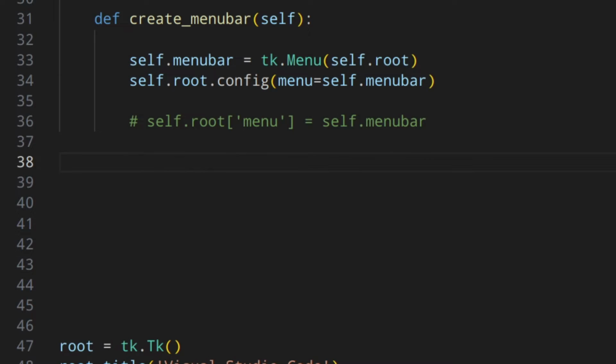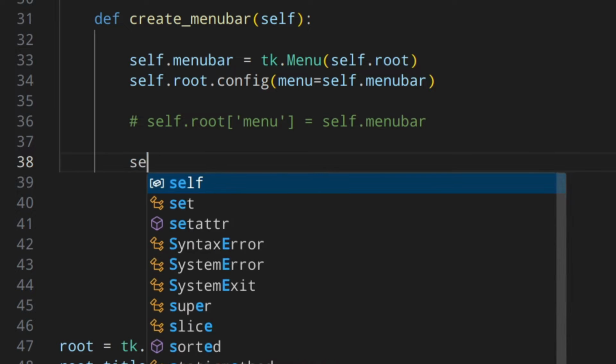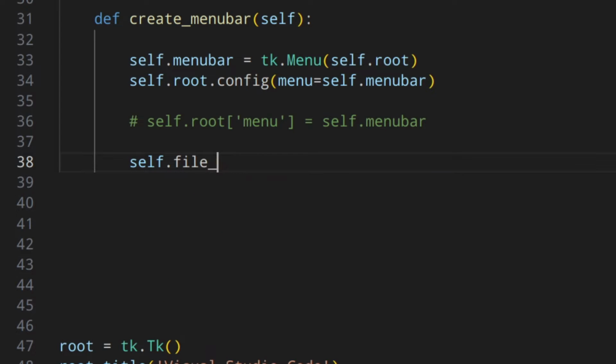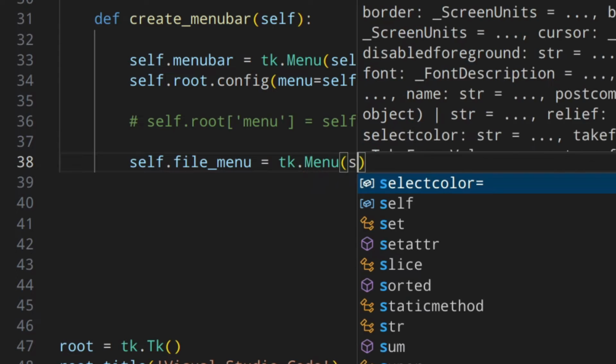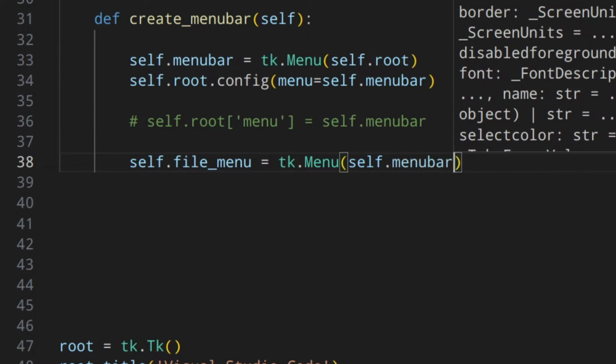So add_cascade expects a menu object, since we're literally adding another menu, okay, that will be opened when we click on the button. So to do that, we're going to do something like self.file_menu is going to be tk.Menu(self.menu_bar), because these are menus that are children of the menu bar, which is a menu itself. So the menu bar is the parent basically, and then all the other menus are the children.